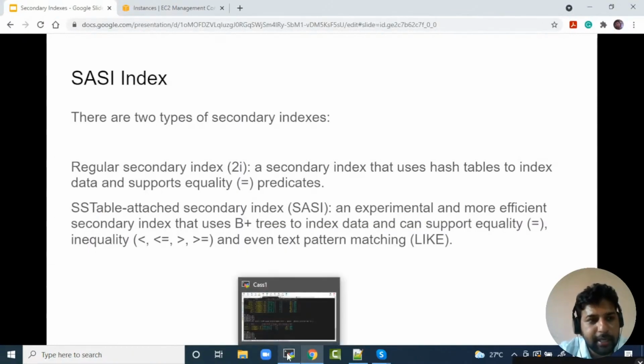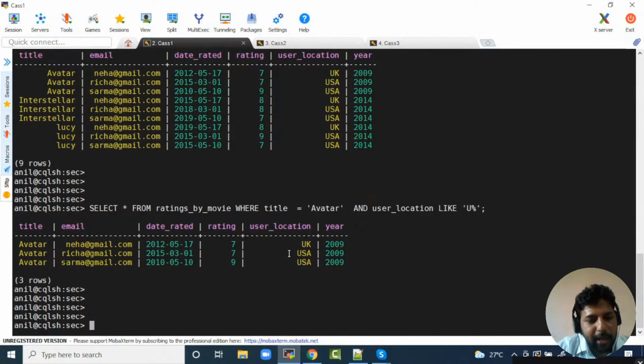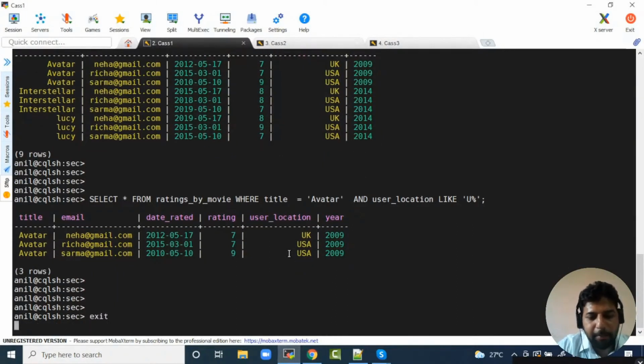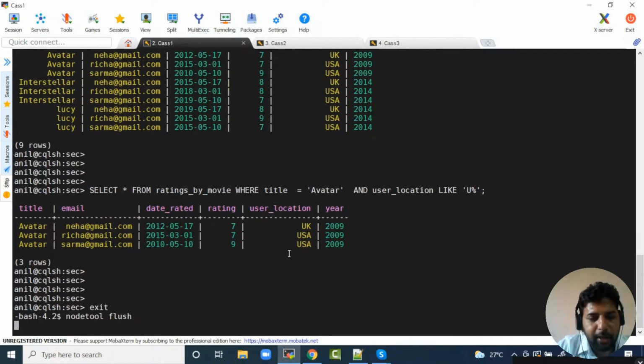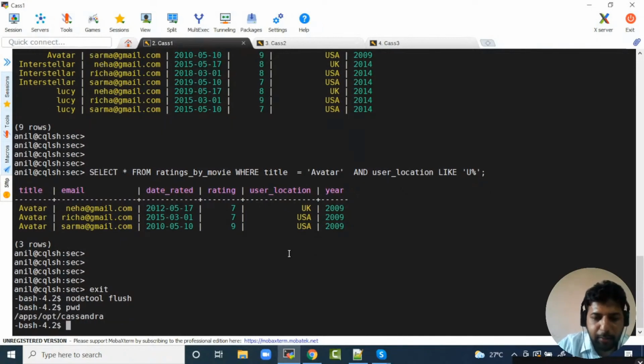And one more thing, SASI will have a physical representation. What I mean by that is, the moment you flush, so let's flush it, your index will have an SSTable along with your base SSTable.